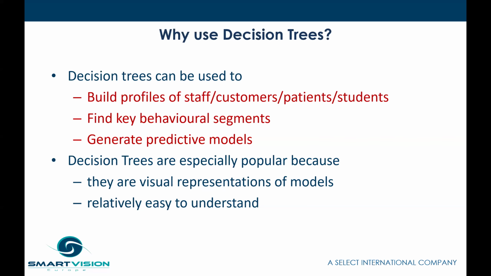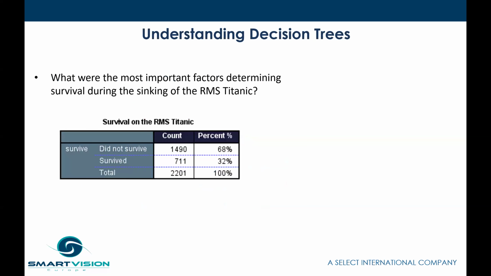And decision trees are really popular because they're quite visual representations of models, in the same way that linear regression, we saw, isn't a visual representation. It's just a set of numbers that relate to an equation. And they're relatively easy to understand. The way in which I normally introduce it is by using a very famous data set, which is the Titanic data set, where we say what are the most important factors determining survival during the sinking of the RMS Titanic. Given that 68% of people did not survive and 32% did survive,